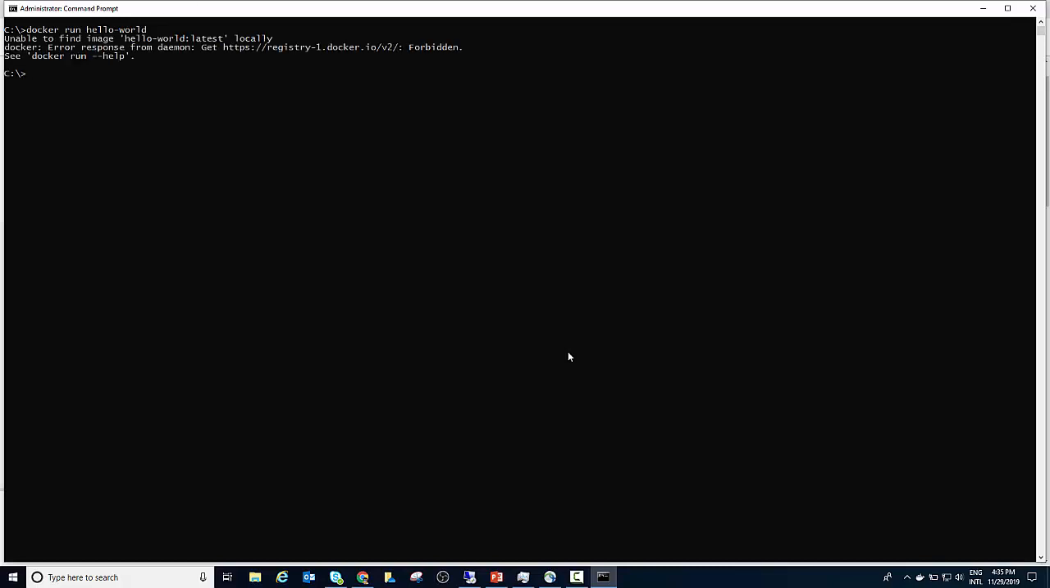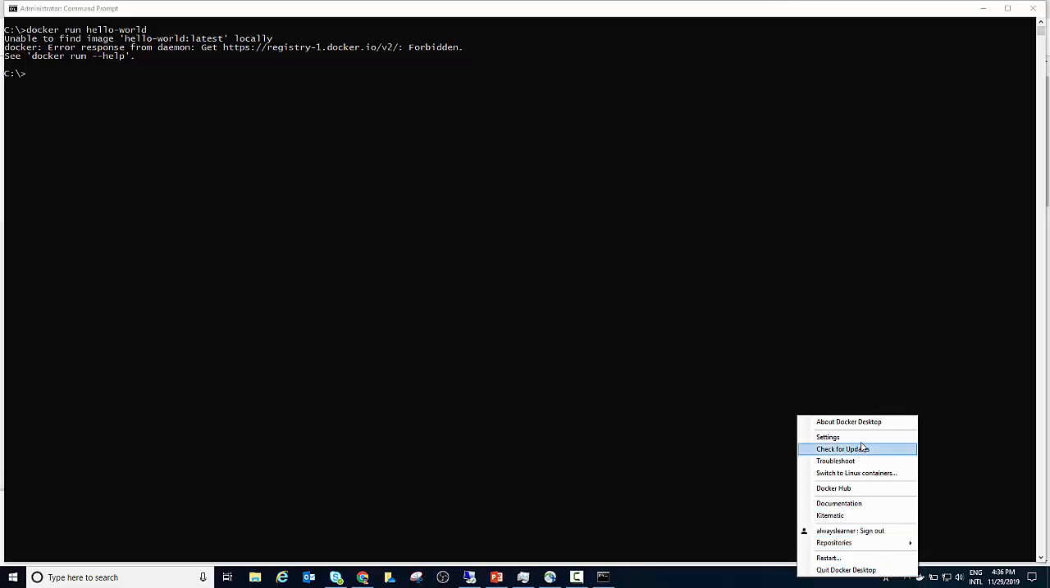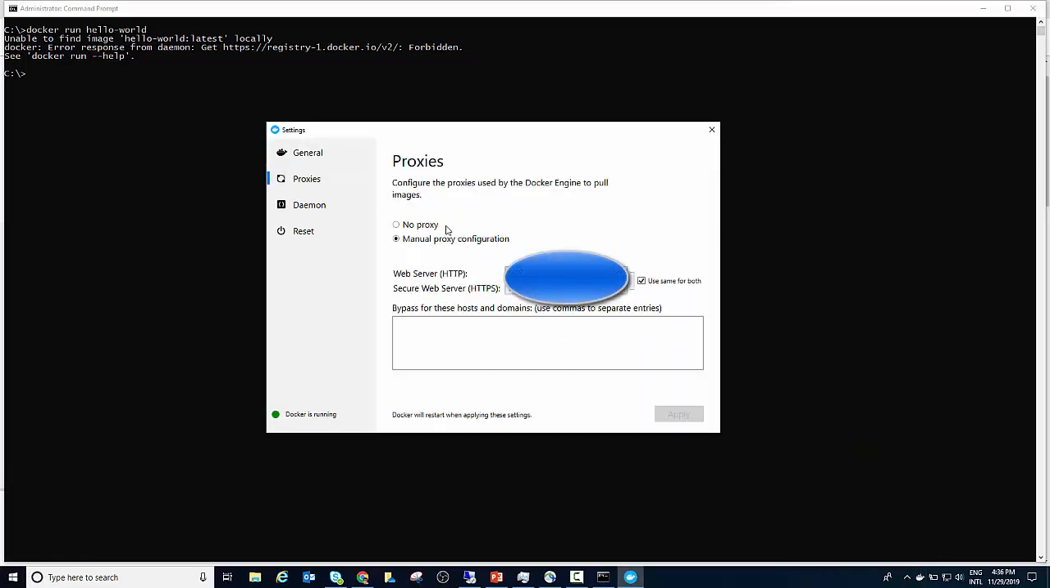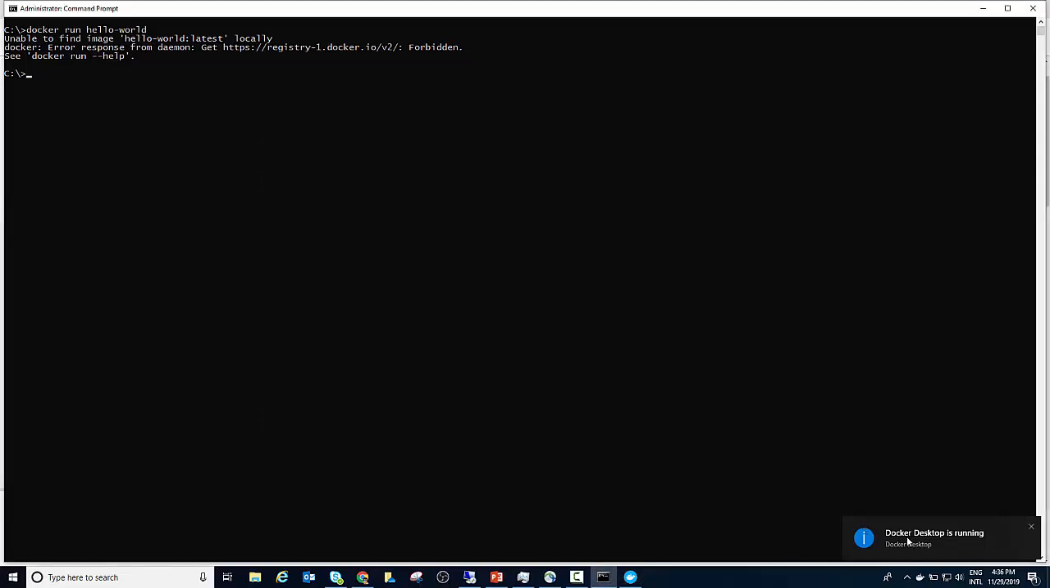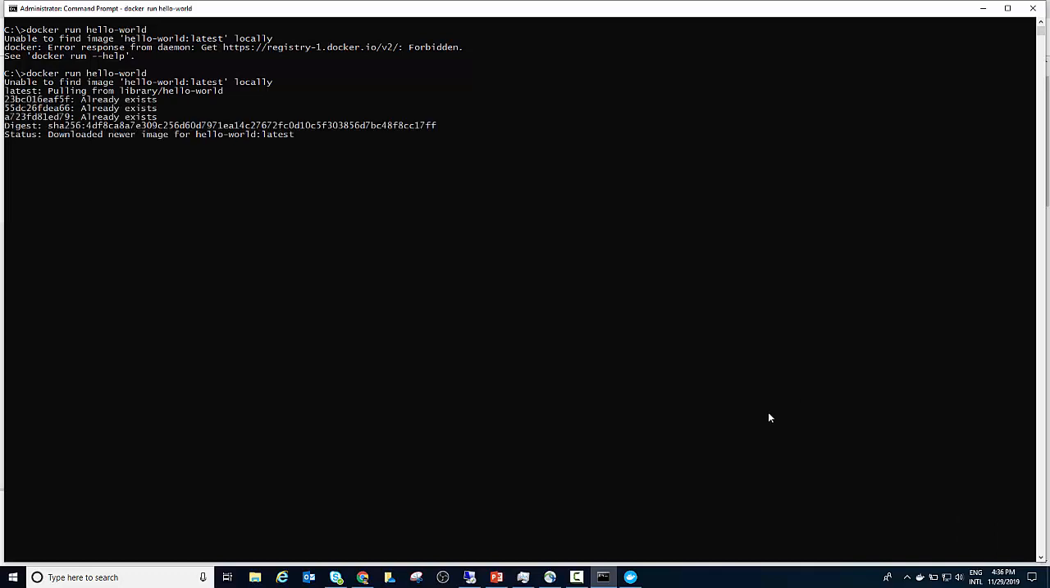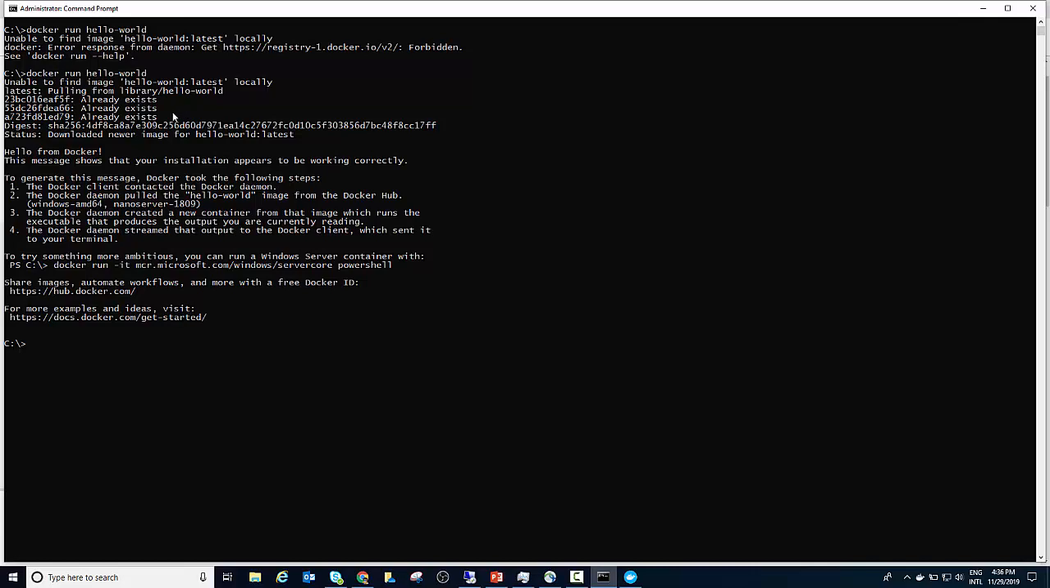There you go. It says that it cannot find that locally. That could be because I have my proxy set and I'm not on my corporate network right now. So let me uncheck the proxy settings here. I don't need a proxy. It takes a while for Docker to back up. Again, you get a notification here saying Docker is up and running. So I'll run the command again. It says it's unable to find the hello-world latest image, and then it downloaded it,